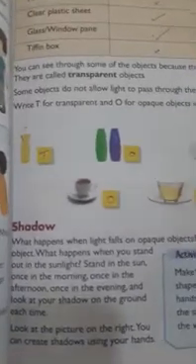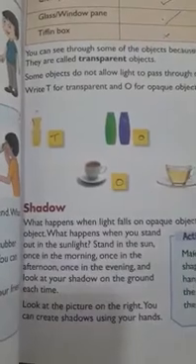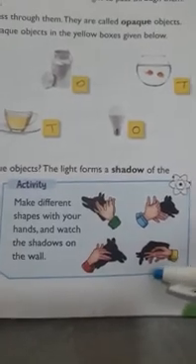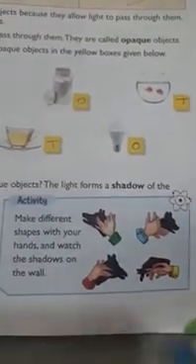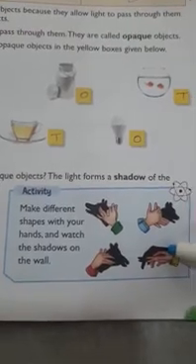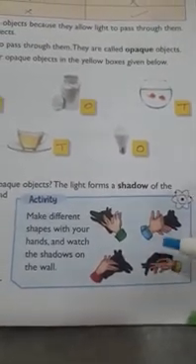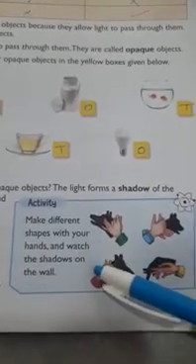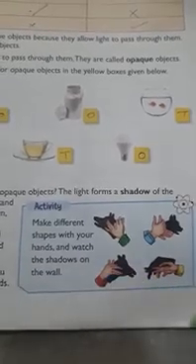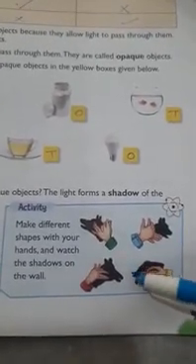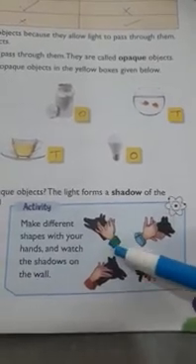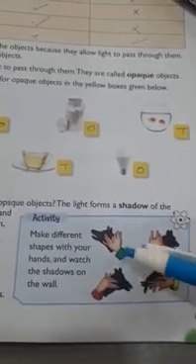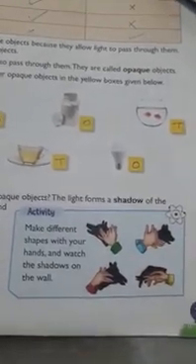Okay, so look at the picture on the right. You can create shadows using your hands. So this activity you might have tried when there is darkness. If you find a dark room and you switch on the torch light or any other emergency light, you can make shadows on the walls. Make different shapes with your hands and watch the shadows on the wall. So as we are making shadows on the wall with our hands, actually our hands are opaque objects. Our hands are actually an opaque surface. That's why it is able to create different shapes of shadows.